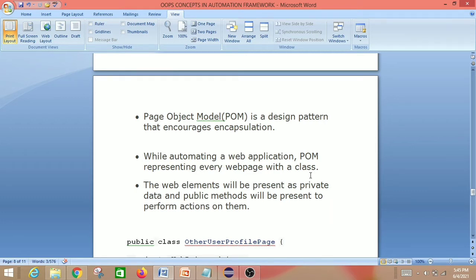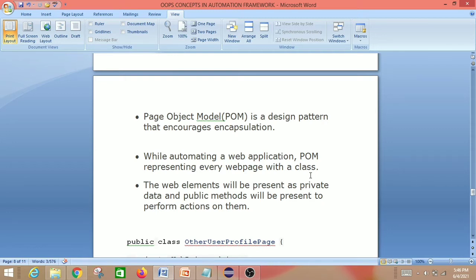We are storing all the elements, that is member variables or data members, in the same class, as well as the methods for accessing them. So all the member variables and their methods are combined into a single unit for a corresponding page, a separate class for each page.